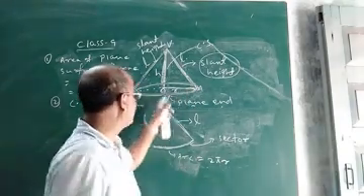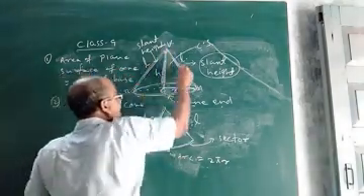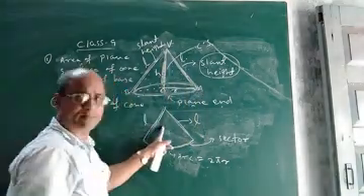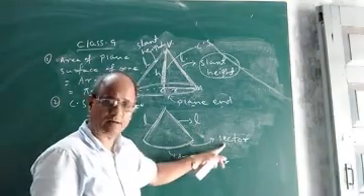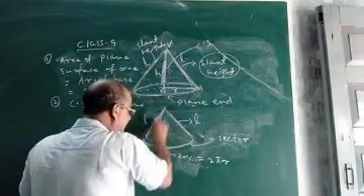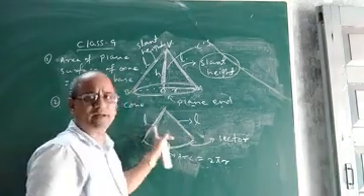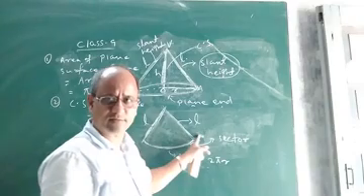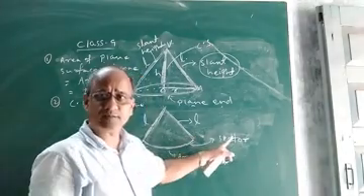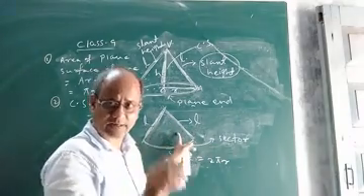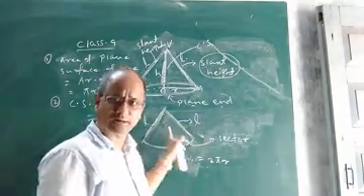You see, this is the base. When you cut this cone along the slant height, I said you will get a figure like this. And this figure is known as a sector. Now if it is a sector, these two slant heights will be the radius of the sector. I mean, the radius of the sector will be equal to the slant height of the cone.